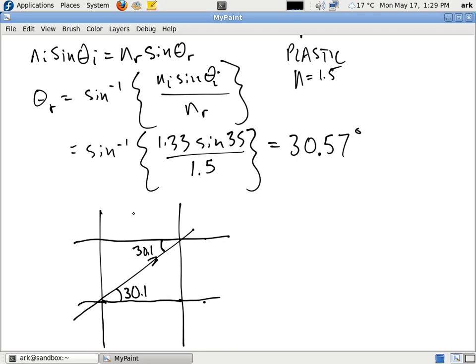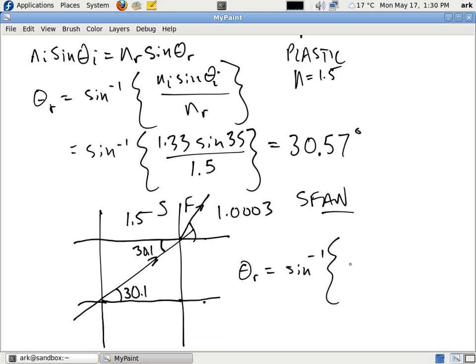However, now we know that this is 1.5 index of refraction and this is air, 1.0003. Therefore, we're now going from slow to fast, and this is a superfan situation. And superfan is away from the normal. So, bending away from the normal, that means it's going to bend that way. Okay? So, what's this angle here? Well, it's pretty much the same equation as this one, except now we've got different values in for it. So we're still looking for theta r, but now